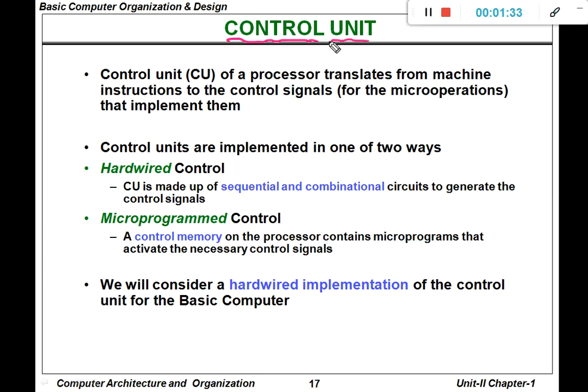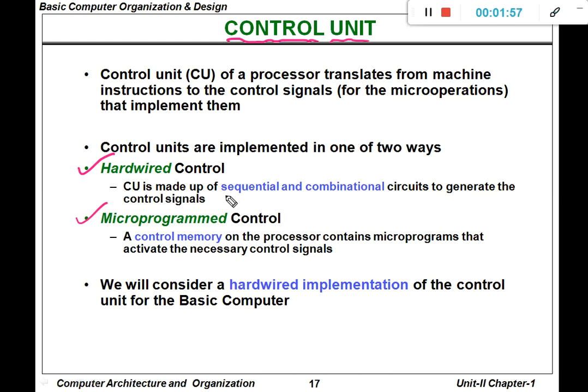In a computer system, we can provide these control signals in two different ways. They are hardwired control and the second option, microprogrammed control. Hardwired control means we are going to provide hardware. What is meant by hardware?